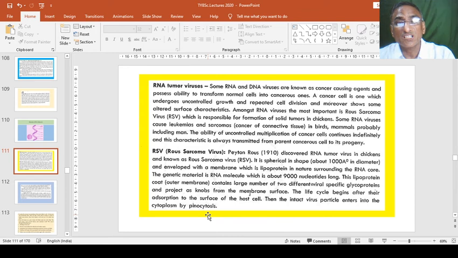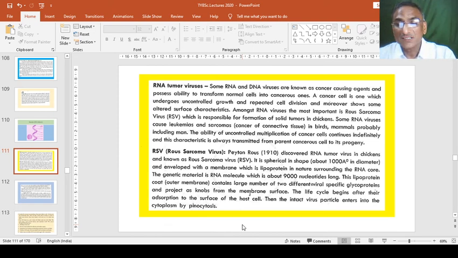Means Rous sarcoma virus found in chickens or especially in birds has the RNA in which the genetic arrangement of the nucleotides is quite larger than other tumor viruses, with a lipoprotein membrane, and some glycoproteins are also observed as a knob-like structure,